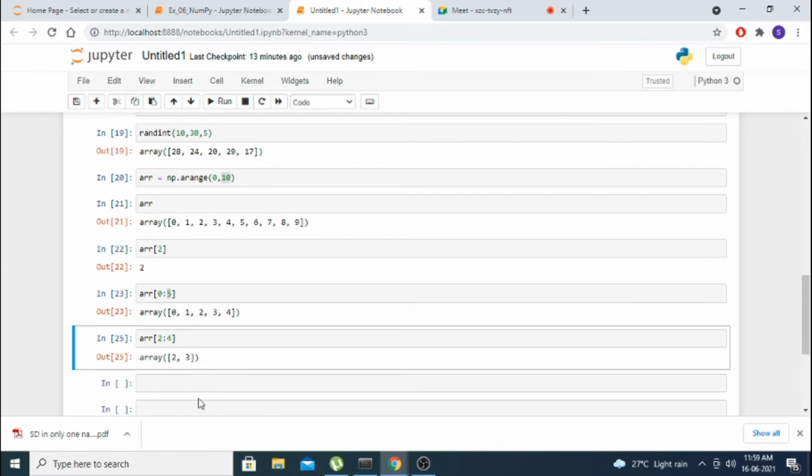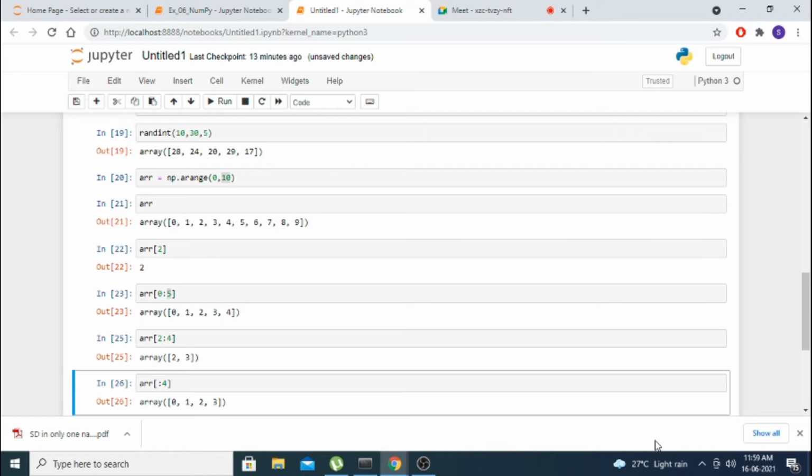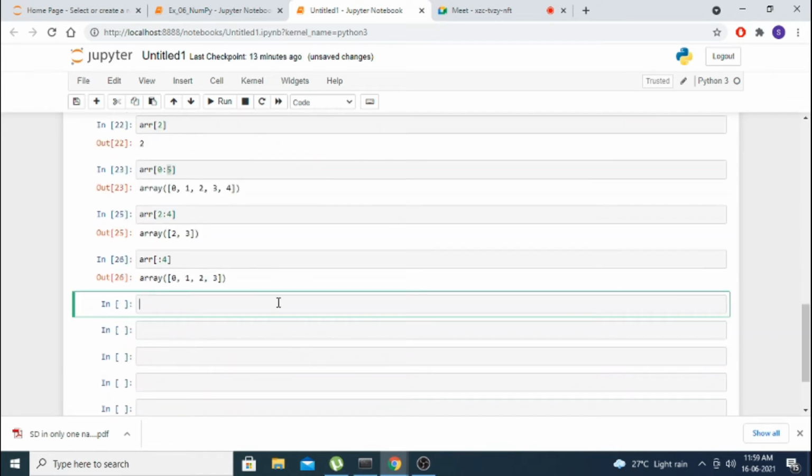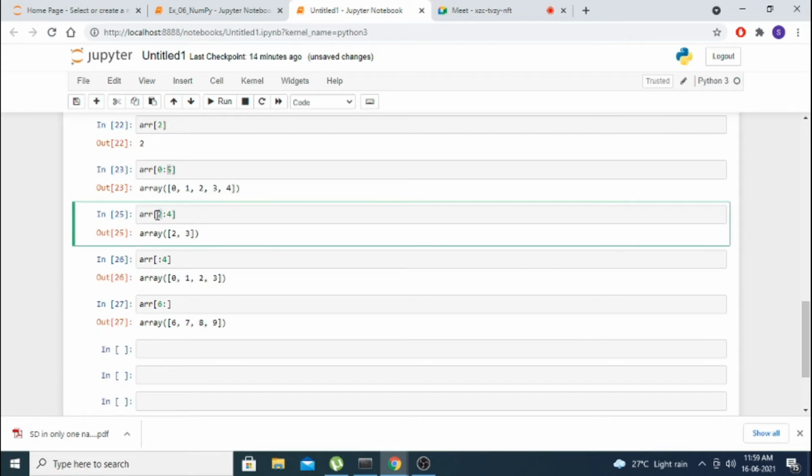Okay. Similarly, one interesting thing in slicing is colon 4. I am giving means before 4 what are the elements are there, we will get the things 0, 1, 2, 3. Similarly, ARR 6 colon I am giving, you will get all the elements after including 6, it will come. Because you are giving 2 colon 4 means its starting element is 2 only. The ending element is the last element minus 1, that is 4 minus 1, that is 3 you are getting. This is called the slicing concept.